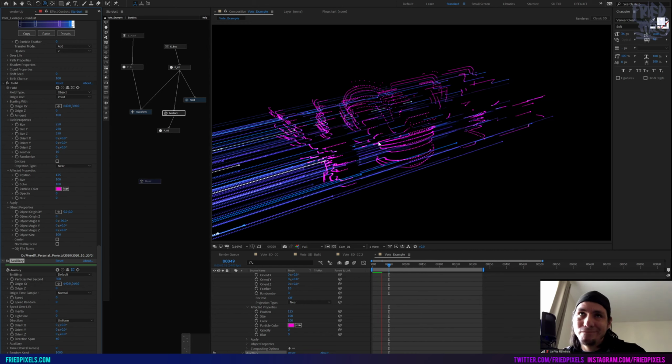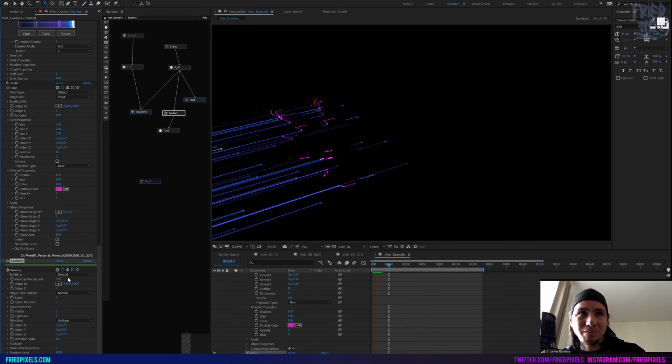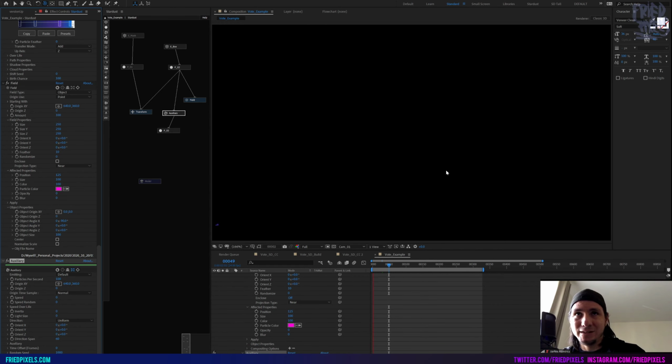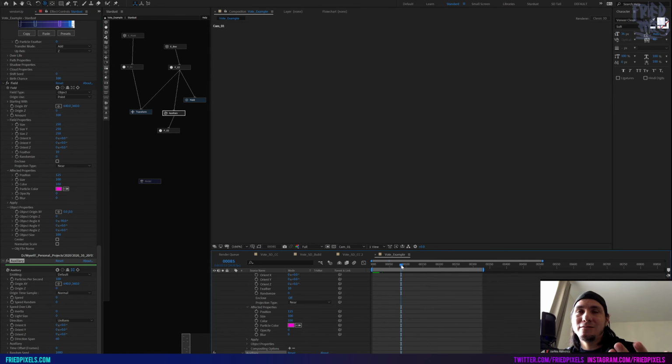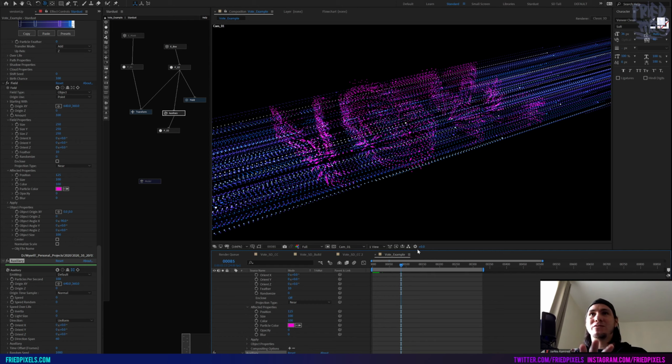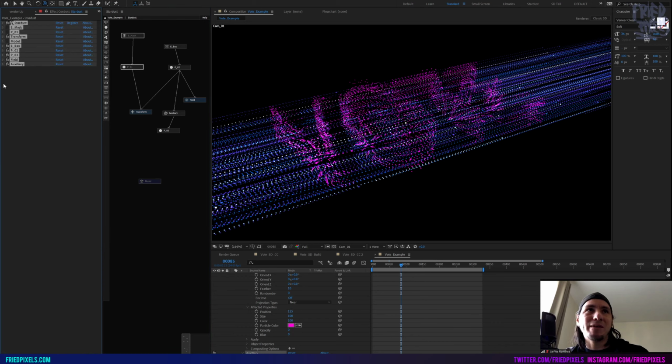So you can see that much slower. So I'm gonna drop this back down to 100 just so we can keep RAM previewing this and talking about it. So now, I mean, that's pretty much the effect, right? We have one emitter for this kind of stream that's happening and one emitter for the surface of the text, which we can turn back on now. And then actually to dial in the right amount of the size and the amount of particles.